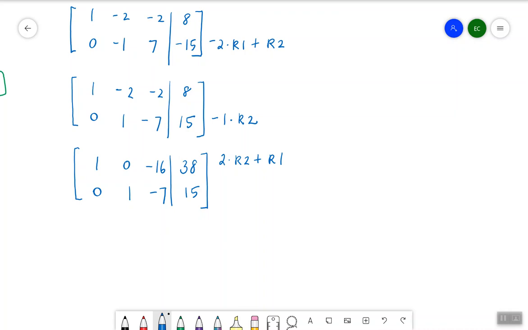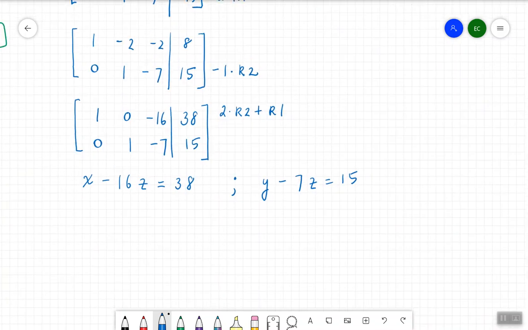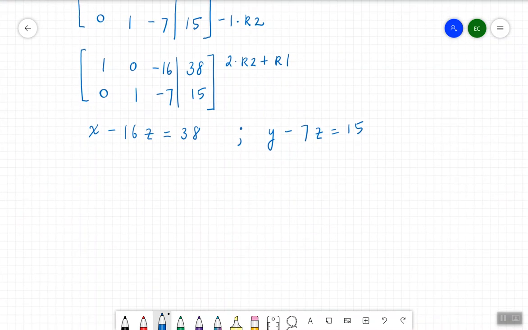We're going to convert each row of the matrix back into an equation and see what we have. The first row says 1 times x plus 0 times y. I won't write that, that cancels. Minus 16z is equal to 38. And the second row says 0 times x, cancels, plus 1 times y, minus 7z is equal to 15. And so, sure enough, we have